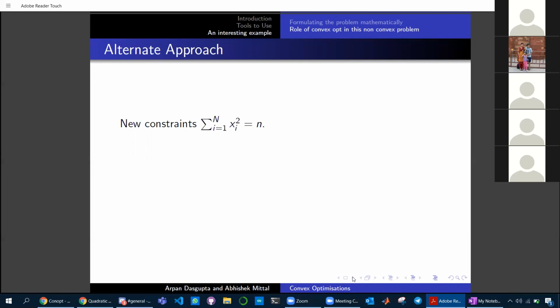Now, if you notice, these constraints are loose, they're not as tight as our previous constraints, because in our previous constraints, xi was solely limited to 1 or minus 1. But as I define these new constraints, my xi's could also take decimal values. So these are loose constraints, but one added advantage that they bring along is I can easily represent them as x transpose x equals n.